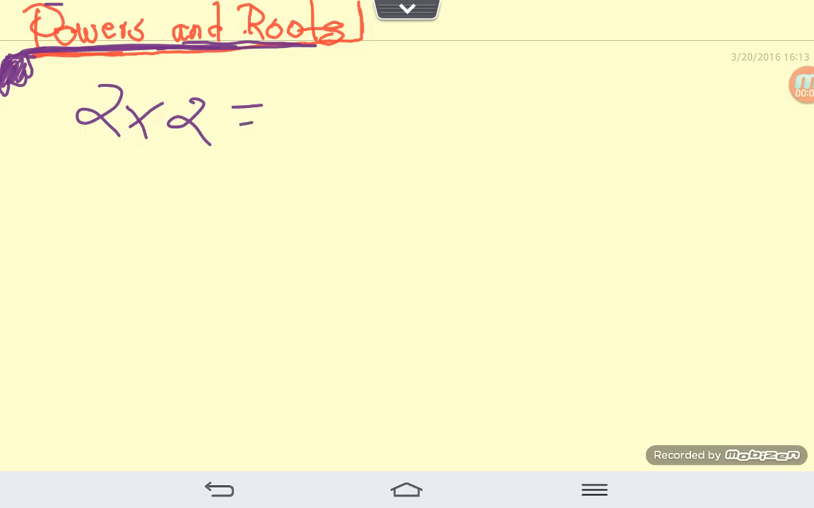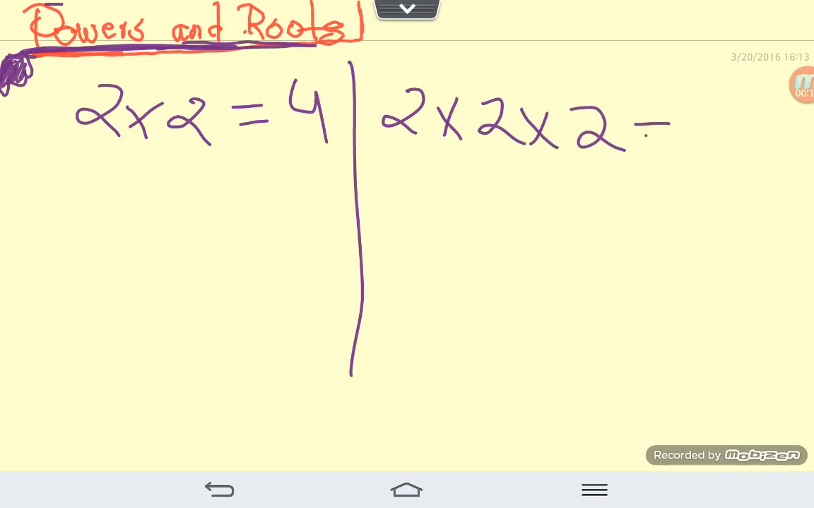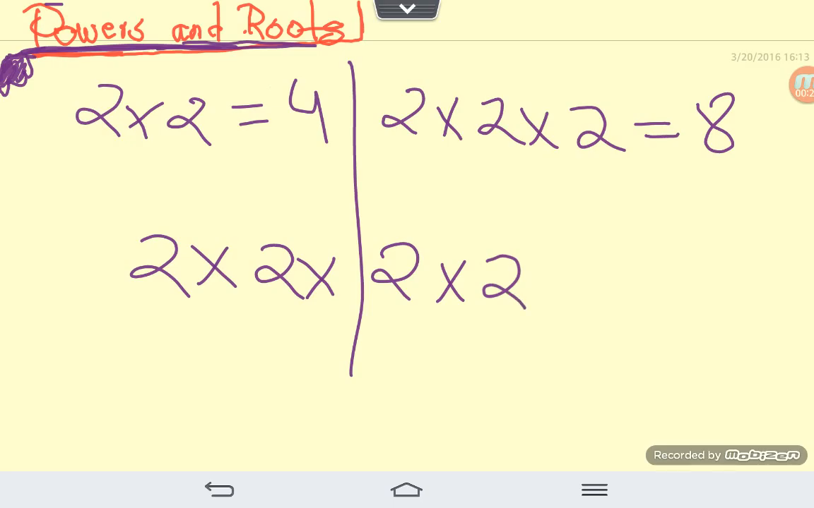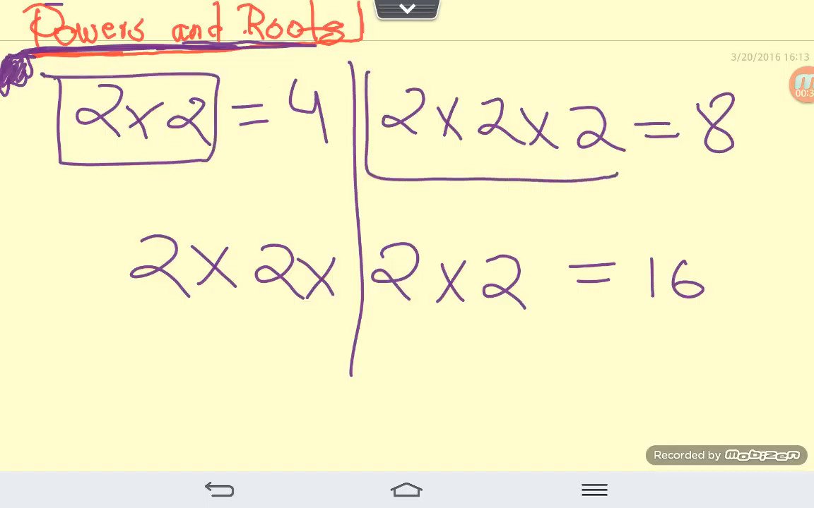2 times 2 gives you 4. 2 times 2 times 2 gives you 8. Whereas 2 times 2 times 2 times 2 gives you 16. Now, in all these operations, you notice that 2 times 2, 2 times 2 times 2, 2 times 2 times 2 times 2